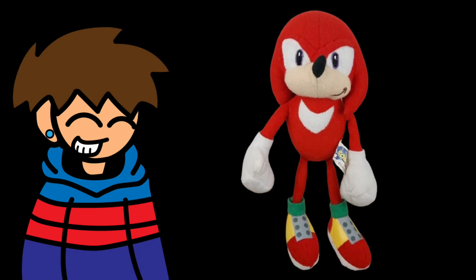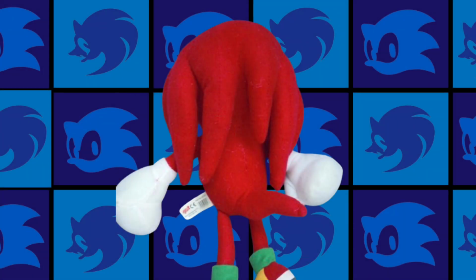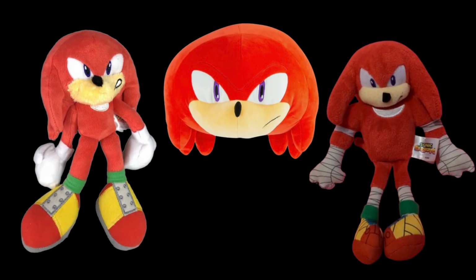The second to last character we're looking at is Knuckles, because unlike Sonic, he doesn't chuckle. Now in my opinion, this plush is the most basic one in the whole set. The dreads are nicely made and are in the right length. The facial expression is not bad, but there's something that makes it unique. Unlike the majority of Knuckles plushes, this one actually has Knuckles smiling, compared to most Knuckles plushes either frowning or